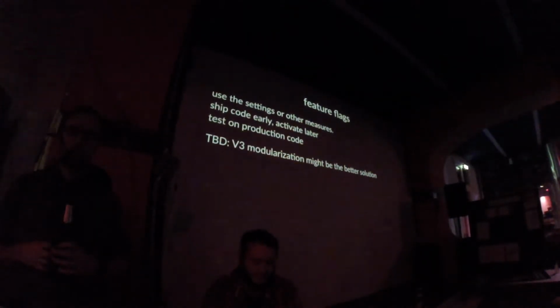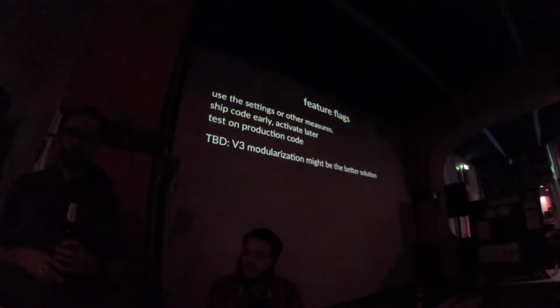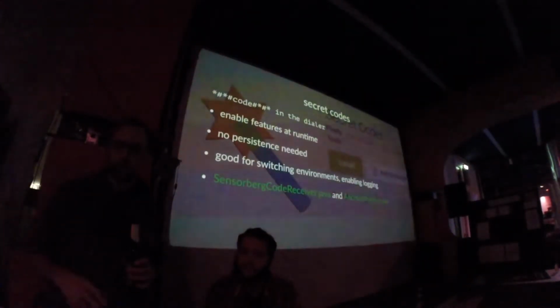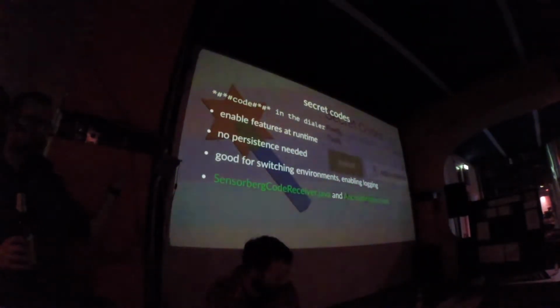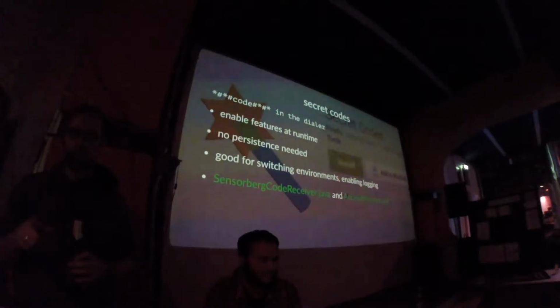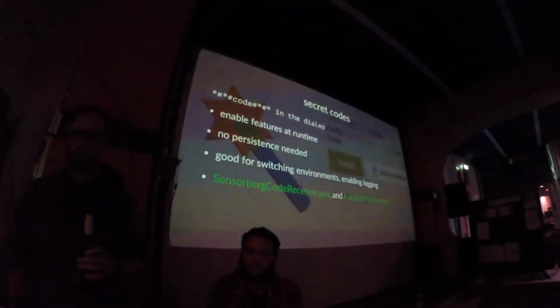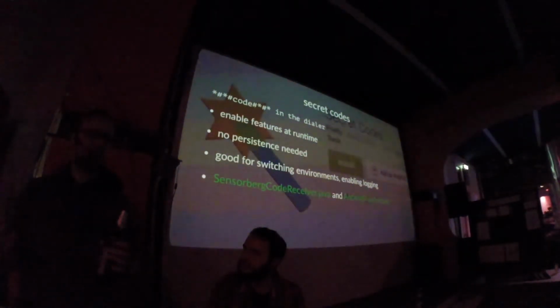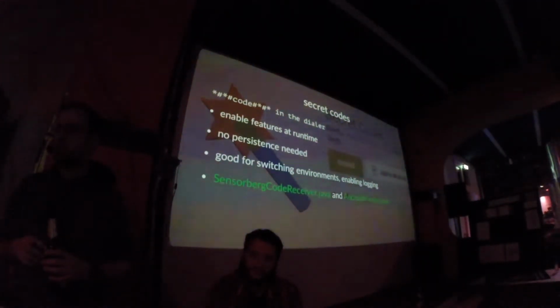And again, customers could already test stuff that is not really deployed, or the other way around, so feature flags really make sense. One way to also activate feature flags, and for instance logging, we found is these secret codes. I don't know if anybody knows them, but you go to the dialer and you type star pound a number and then pound star, and an intent is generated automatically, and if you register for that intent you can do stuff. And we're using this, for instance, to turn on logging